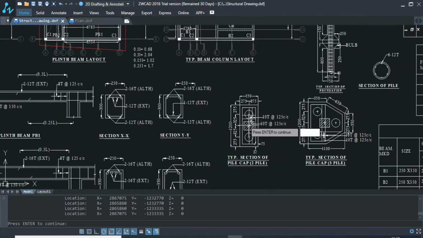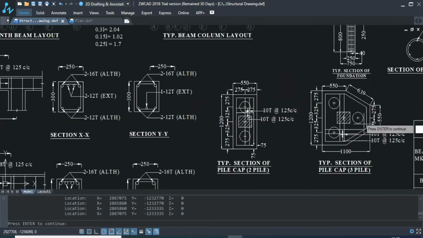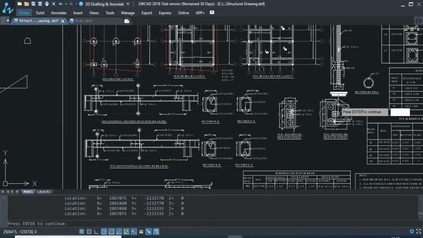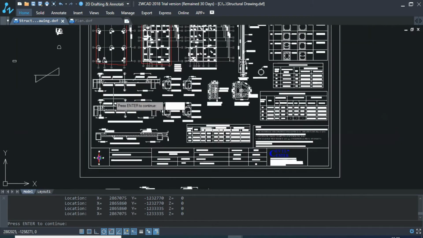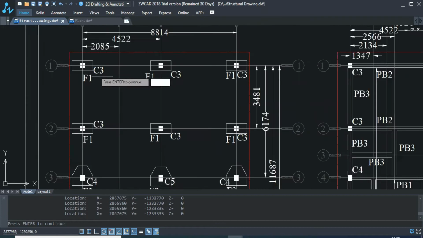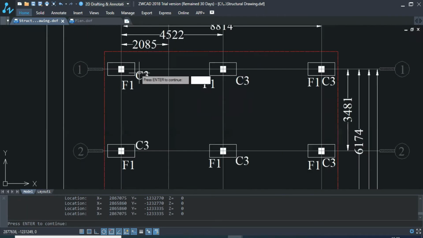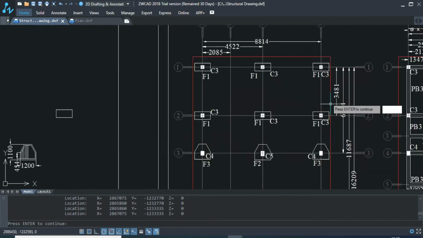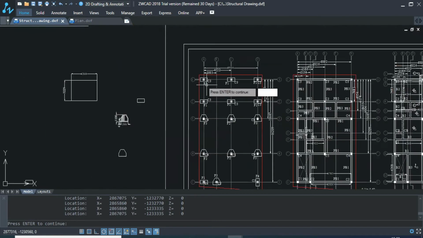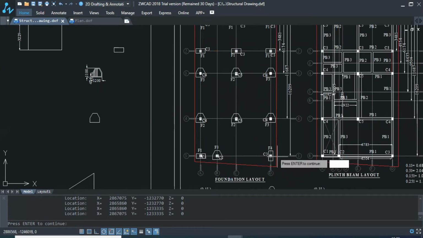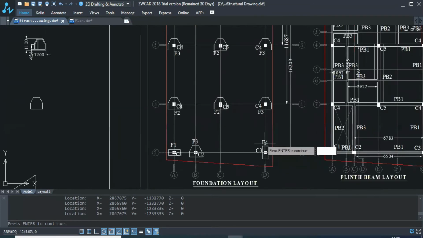This is the 2 pile and this trapezoidal portion is our 3 pile. So let us count first. You can see here F1, F1, F1. So let us count 1, 2, 3, 4, 5, 6, 7, 8. So 8 numbers of 2 pile.